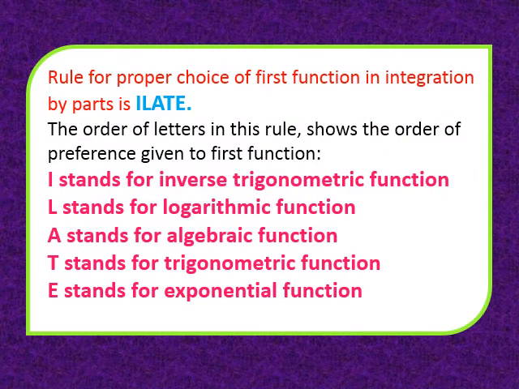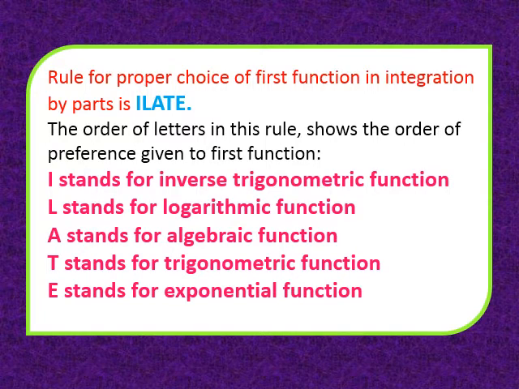So as I told you, for integration by parts we have to take two functions, first function and second function. While selecting the first function, we need to follow a particular order, otherwise the integration will become very difficult, and this is called ILATE, I-L-A-T-E, where I stands for inverse trigonometric function, L for logarithmic function, A for algebraic function, T for trigonometric function, and E stands for exponential function. Clear? A stands for algebraic, meaning some types of polynomial functions. So we have to take the first function in this order.